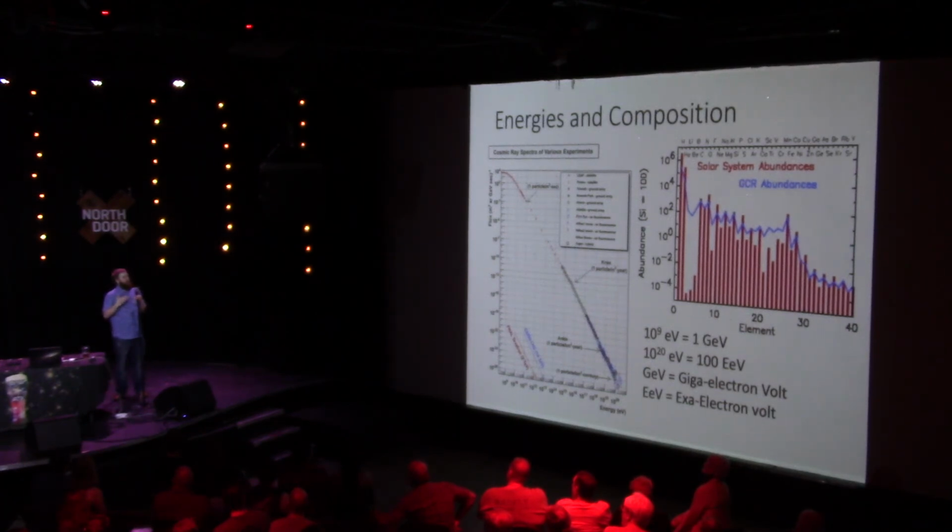But when people have done more thorough and recent calculations, supernovae might not actually be able to explain it. If supernovae don't explain it, that takes out our one good explanation for this whole range. And there's no other explanation for how to generate something this high energy in the Milky Way besides a supernova. So if it's not that, we have unknown physics. We have no idea what's going on.